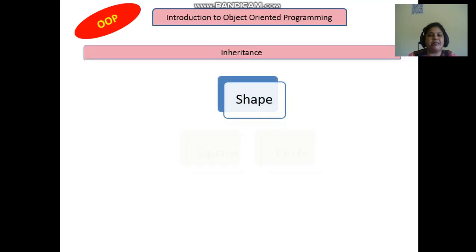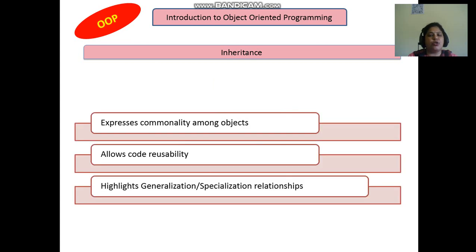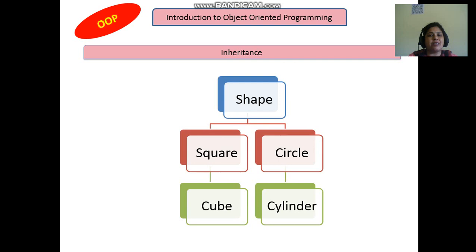Next, you have inheritance. Inheritance means, for example, as you are seeing, square, circle, cube, cylinder, all these are known as basic common thing. All are known as shape. So one thing is common in all, that they are having a shape. A square has a shape which is having 4 corners. A circle has a shape which has no corners. A cube is having again 4 corners. A cylinder is similar to that of a circle but having certain height and depth.